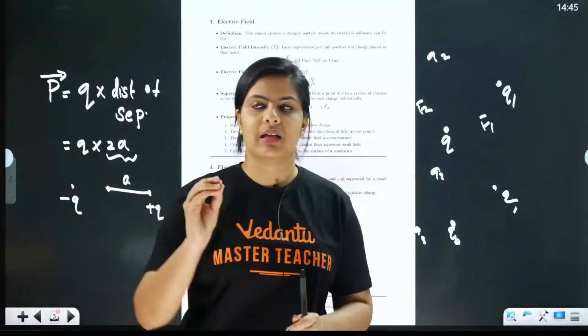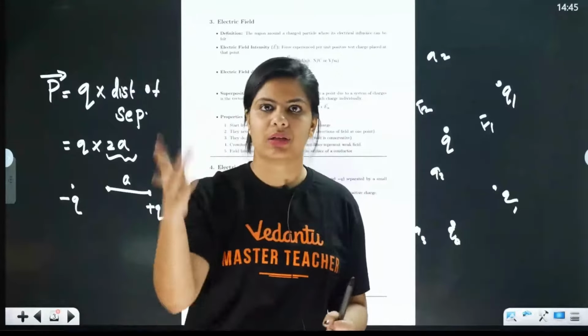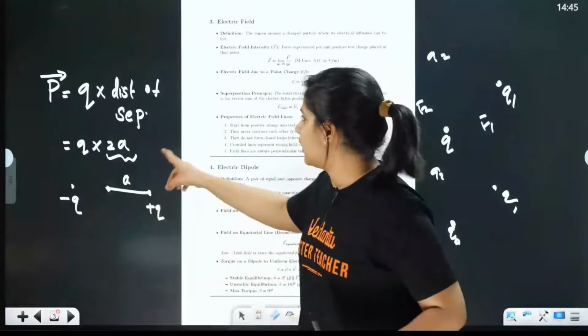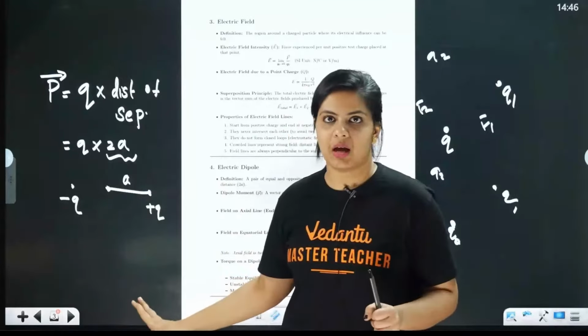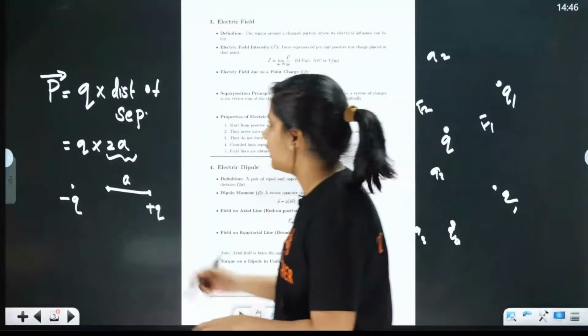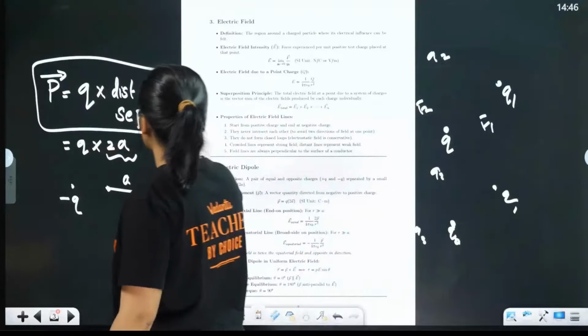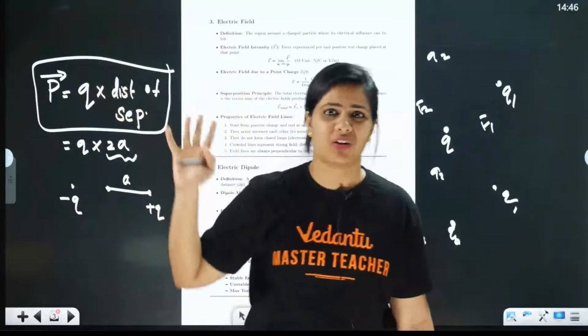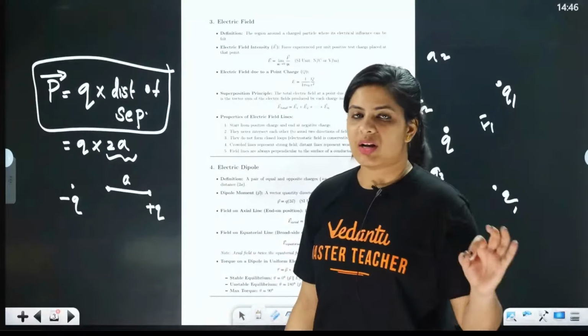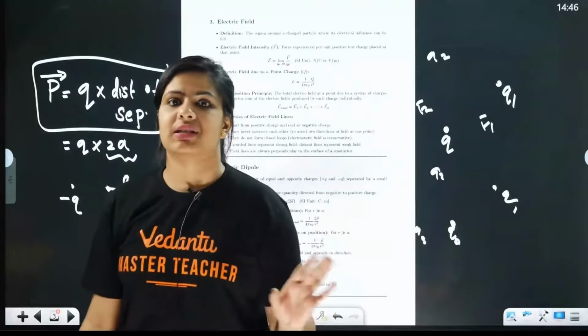So it is not like, if I have mentioned in a question, the separation between them is, let's say 3, okay, 3 units. அப்படினா what you should understand, separation 3, அப்படினா q into 3. புரிஞ்சுதா? You don't take q into 2 times 3, அது wrong. அதனால தான் I'm telling you, study this equation so that we don't have any confusion. புரிஞ்சுதா? So இதோட direction negative chargeல இருந்து positive charge.